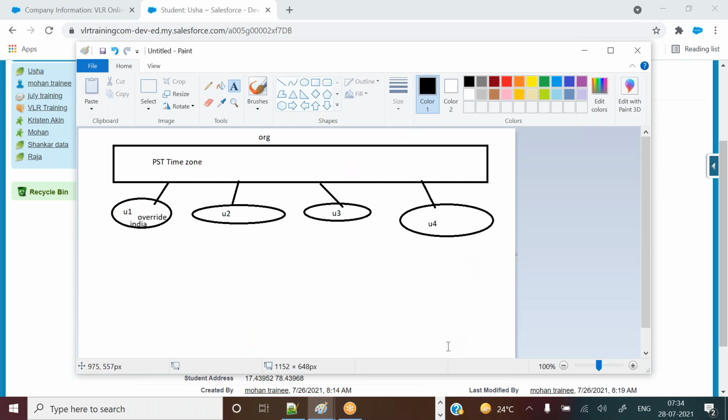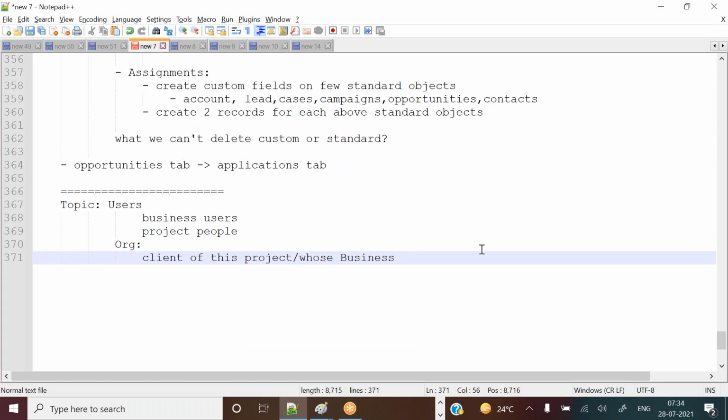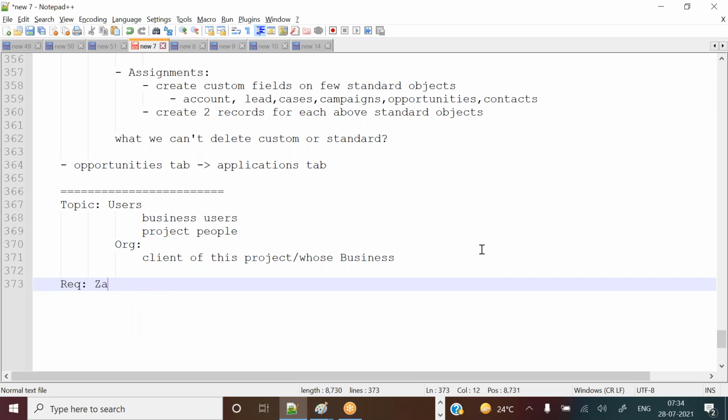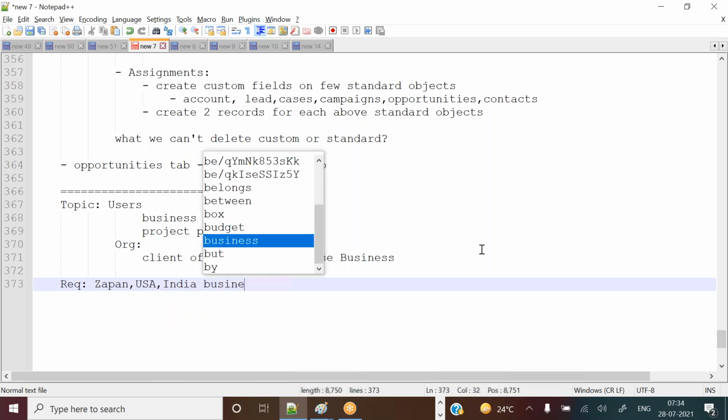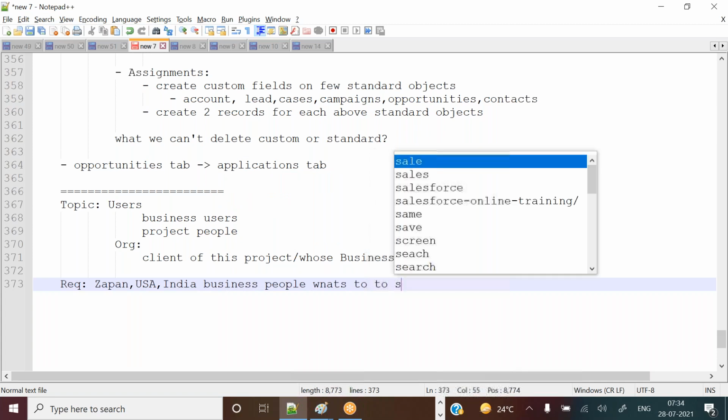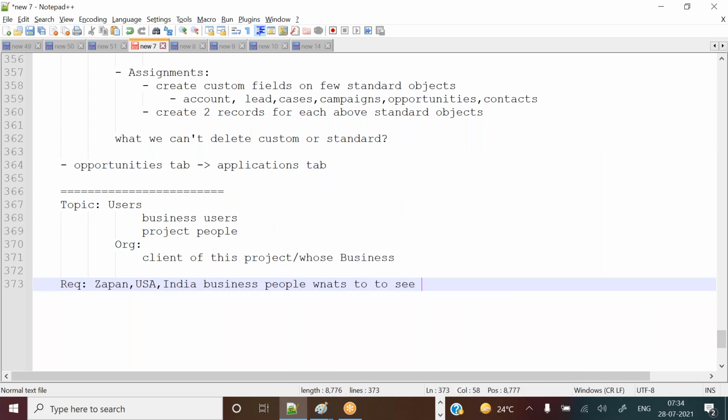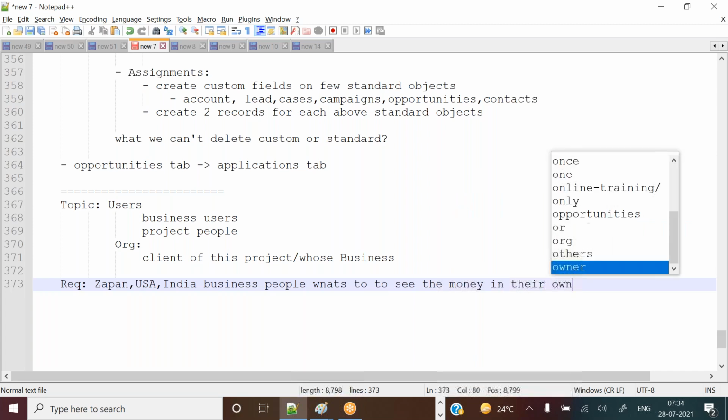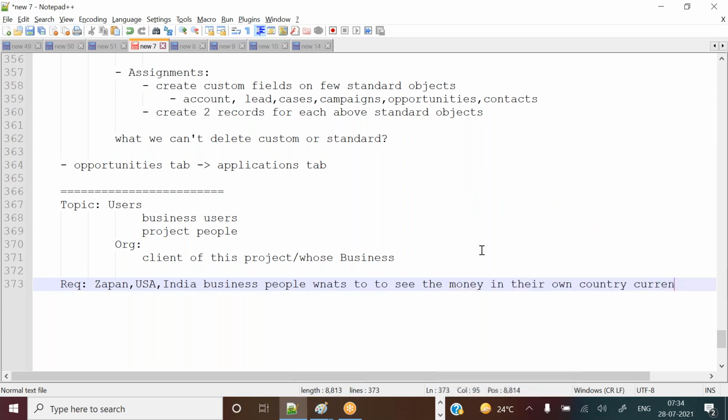Now the requirement is like this, guys. Let's see the requirement. Japan and USA business people want to see their own currency. Suppose 10 Japan business users are there, they want to see Japan currency only.